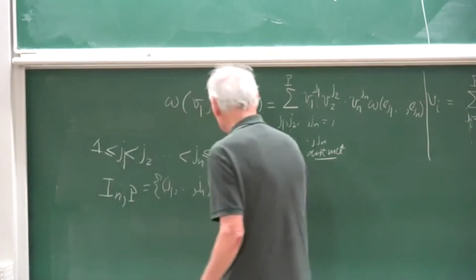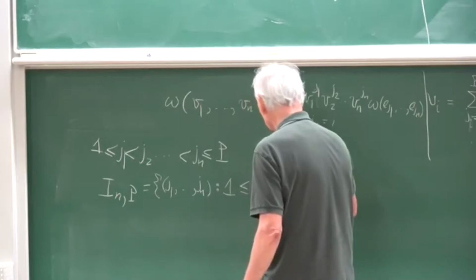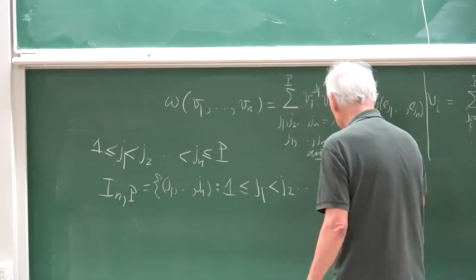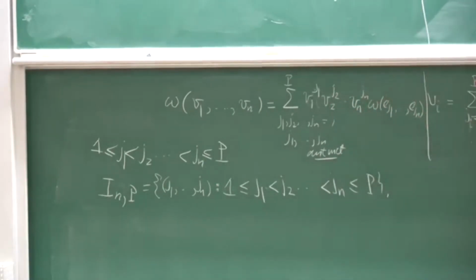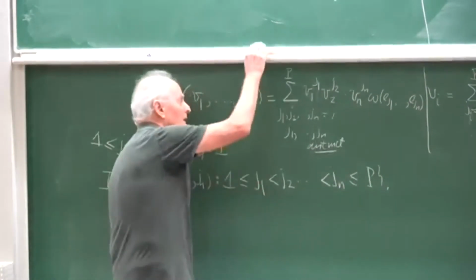Which are correctly ordered: j1 bigger than or equal to 1, less than j2, and so on, less than jn, less than or equal to p. Okay, good. So we can do that, and then I claim, as I said, that one way to sum this,